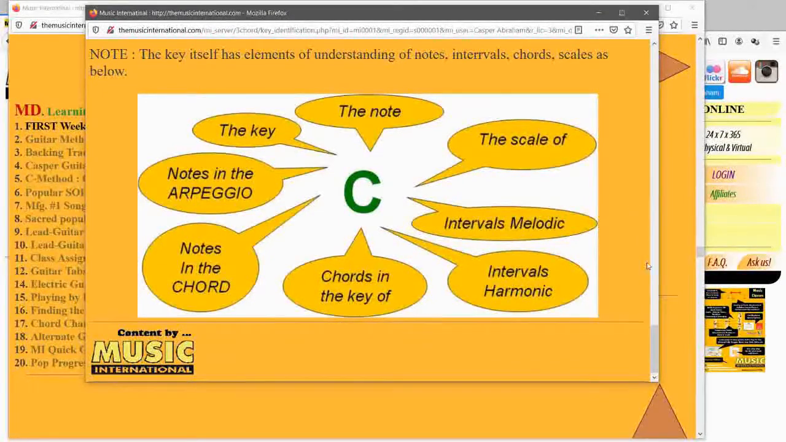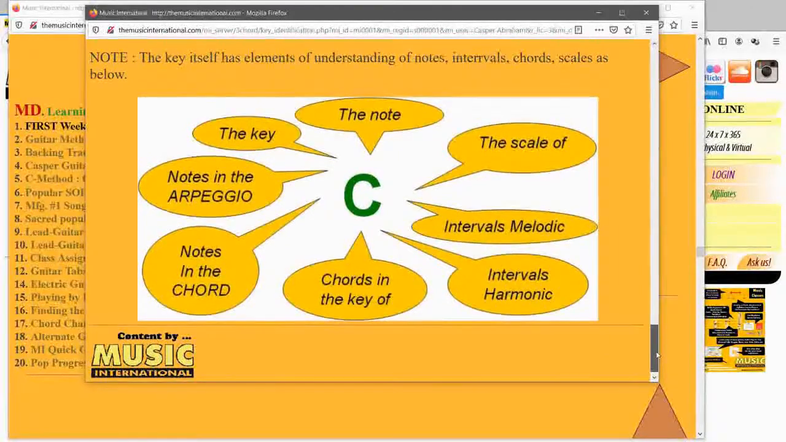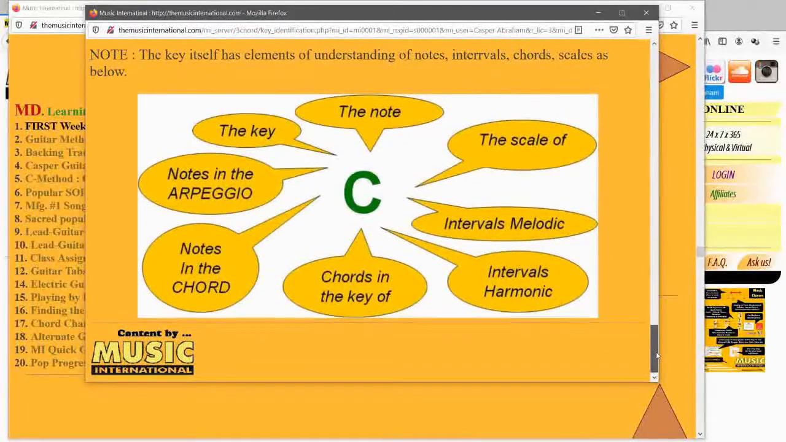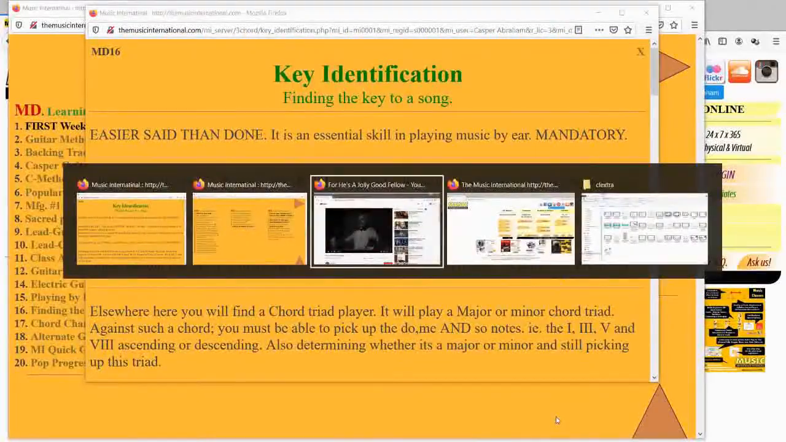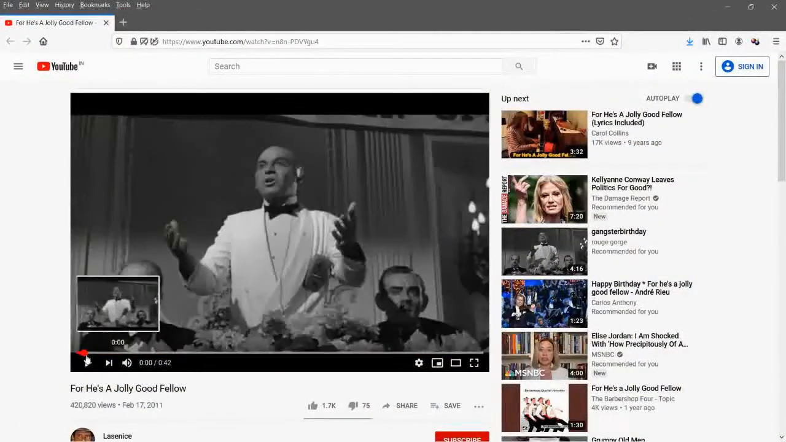So these are some of the aspects that you'd have to understand in a key. So just to recap, you may have picked up that song which you originally played, and I'll go back and play that for you and say, let's look at that again and say,